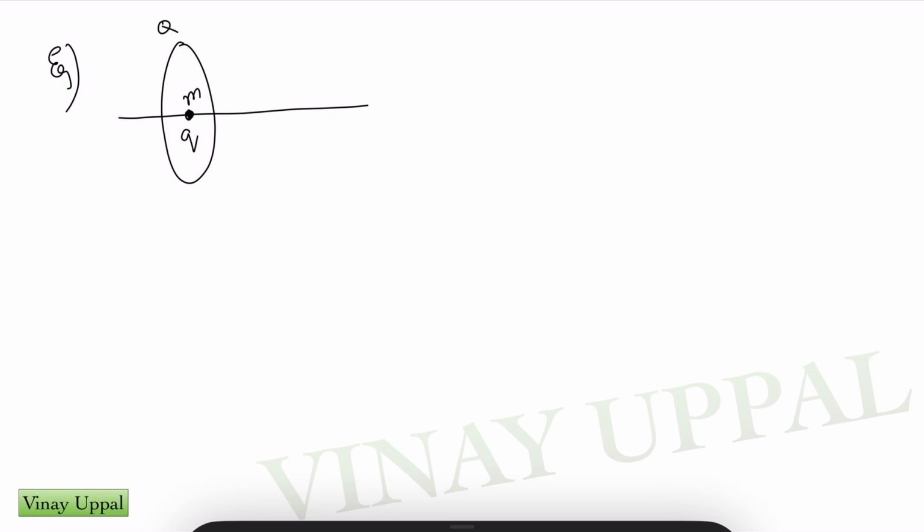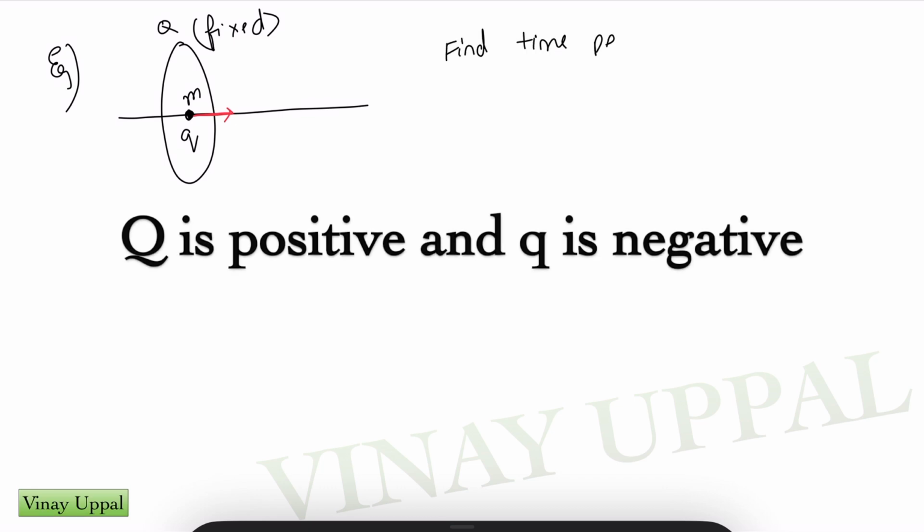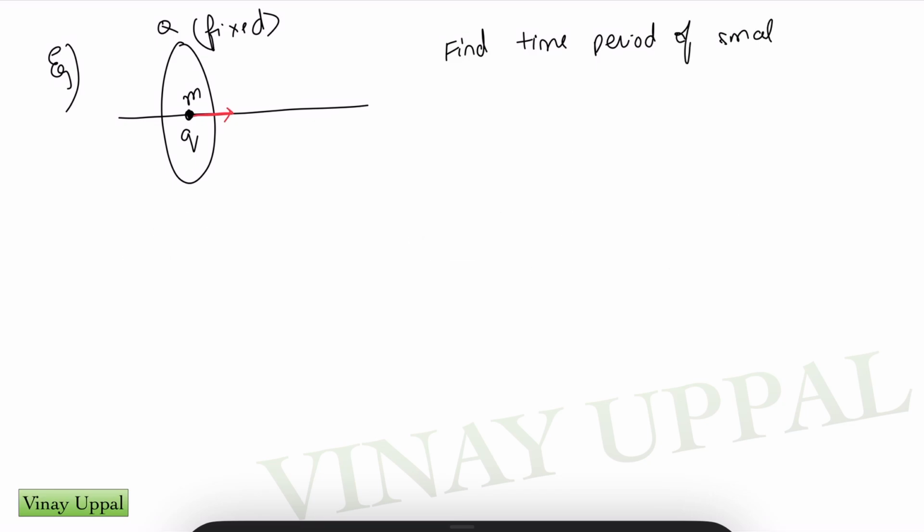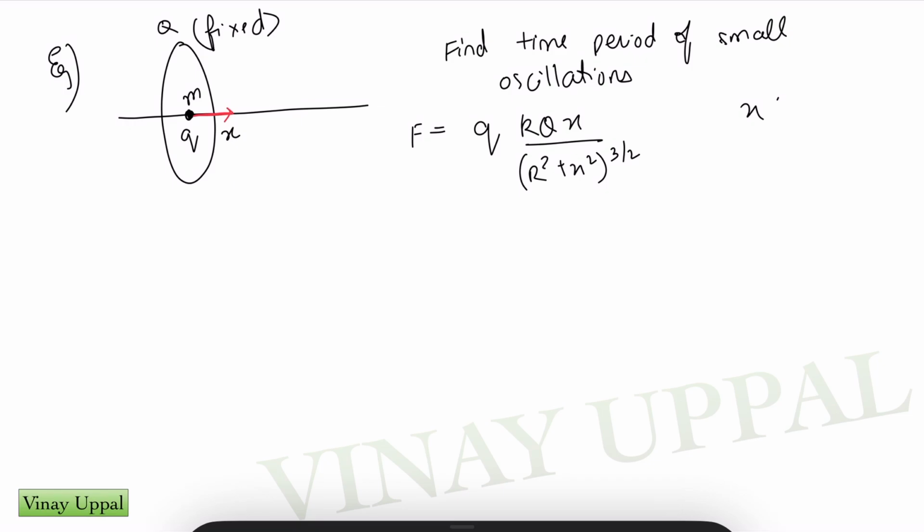Now let's look at an example. Let's say I have a particle at the center of a ring, and let's say in the first case we take the ring as fixed. Later on we'll allow the ring to be free to move as well. So let's say this particle at the center of the ring is being given a small displacement along the axis of the ring. I want to find the time period of small oscillations. So if I displace the point charge by x, my force on it would be the point charge q times the electric field, and the electric field was kqx divided by (r square plus x square) raised to 3 by 2. Now for small displacements, x is much less than r, so I can ignore the x squared in the denominator,